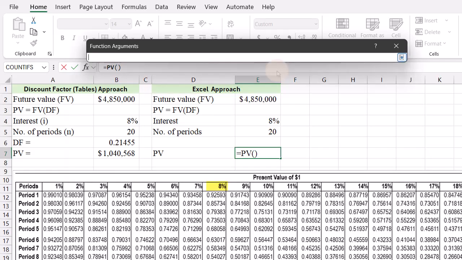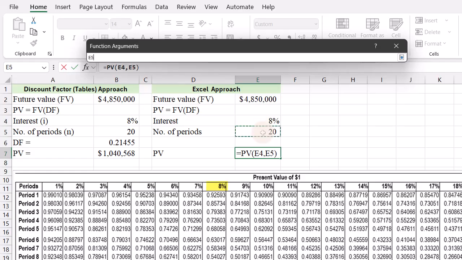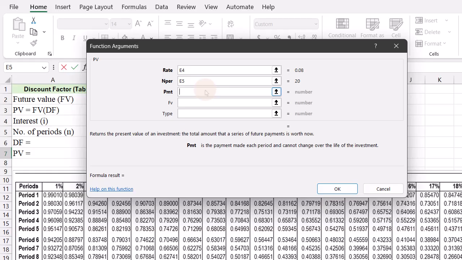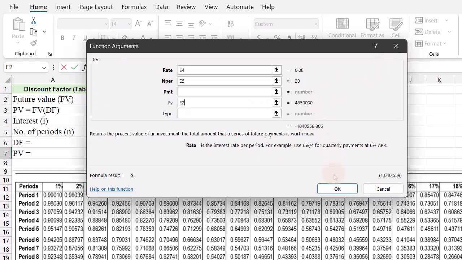Then you have to tell it, well, where's the rate? Well, the rate's given in cell E4. Okay, bring that back down. What's the number of periods? The number of periods is 20. Okay, is there a payment? There's not, so we could either make it zero, or leave it blank. And then the future value, and it tells you it is the future value of a cash balance you want to attain after the last payment is made. All right, so if I put the future value in at 4,850 and then hit enter,